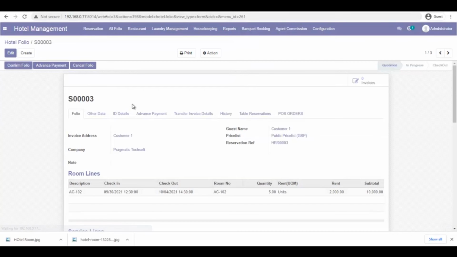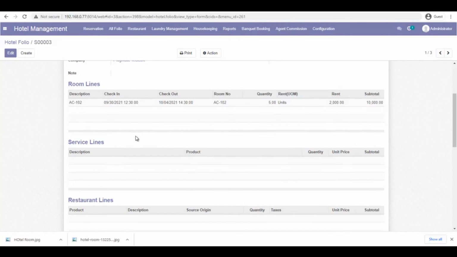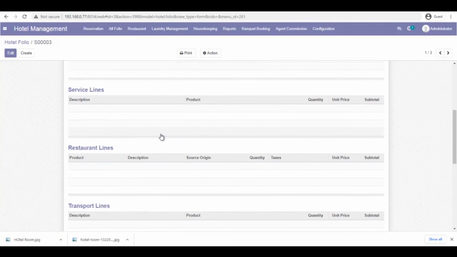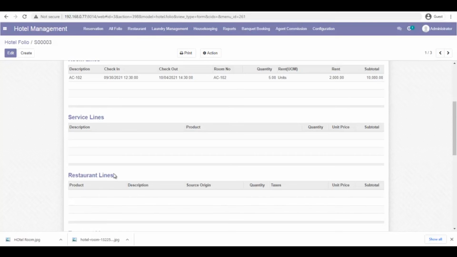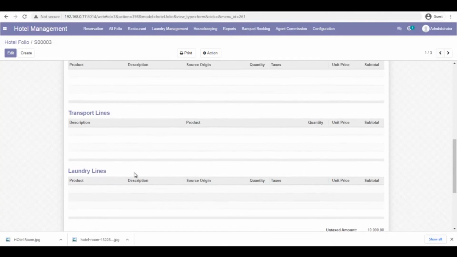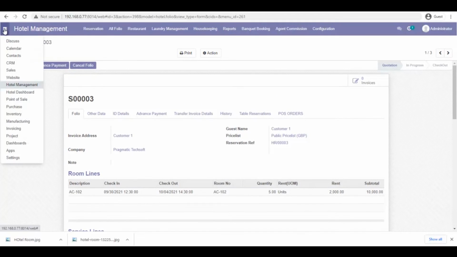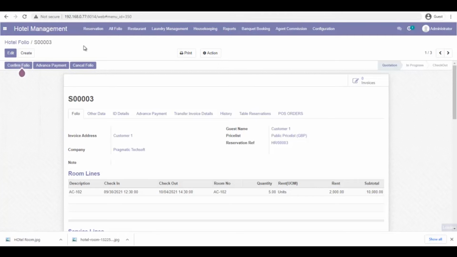Now if we open this folio record, you can see the room details are already in here, and then there are some other sections like service lines, restaurant lines, transport lines, laundry lines. In this case, here we'll go to the project